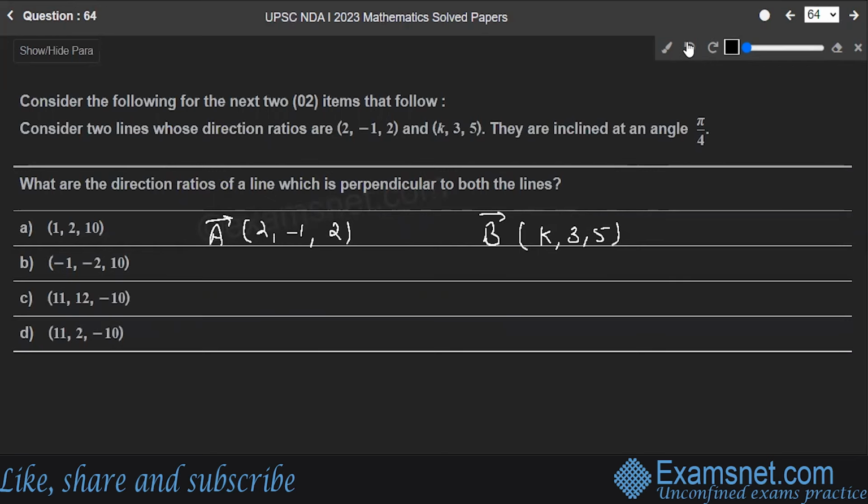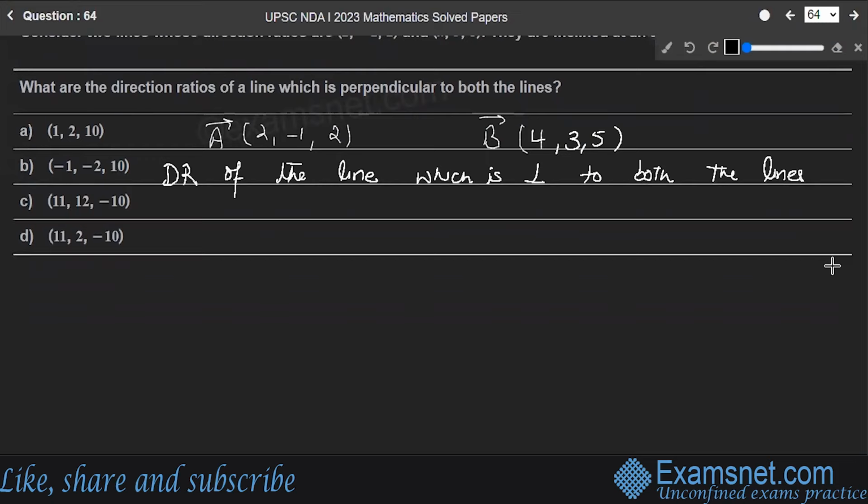We actually found out the value for k, so let's write down that only. 4, 3 and 5. Now the direction ratios of a line which is perpendicular to both the lines. This is given by